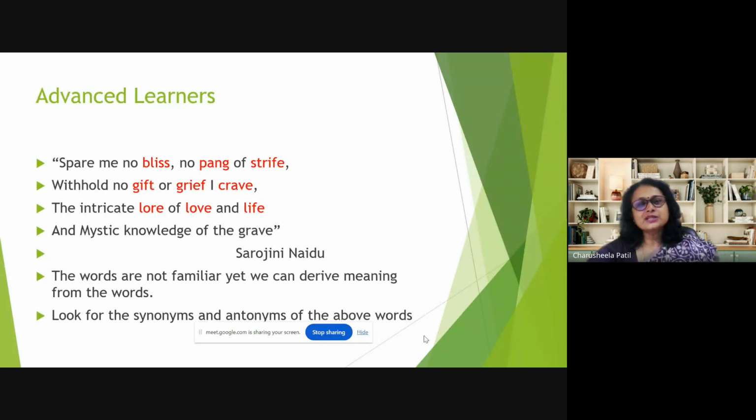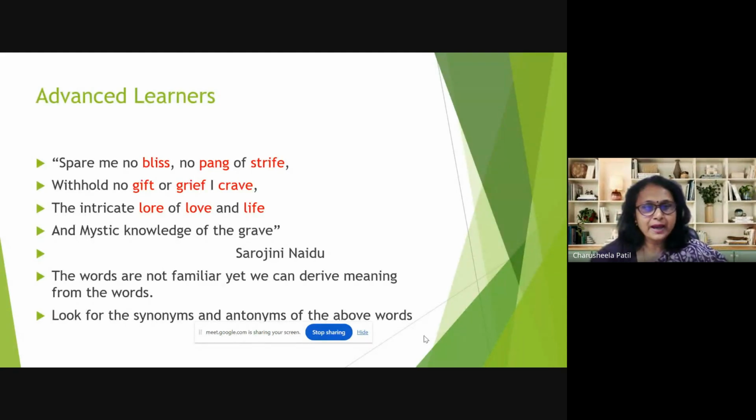And here, if you can see the red colored words, I have purposely written them, and then I have asked them to either find out synonyms or antonyms, so that the world of vocabulary should be enriched by conducting such activities or exercises in the class.